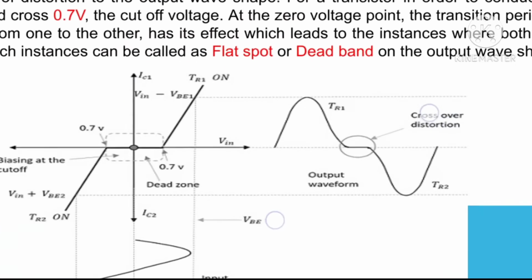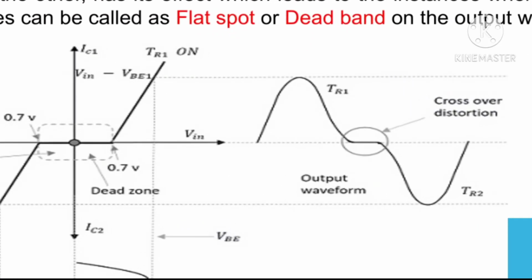Try to concentrate on this waveform. See, in this output signal waveform, it changes its state from positive to negative, and during this transition or changeover condition, the signal is non-linear. Due to this non-regularity of the signal, it is considered a distortion, and this distortion takes place at the zero crossing level of the signal, and that's why it is called crossover distortion.